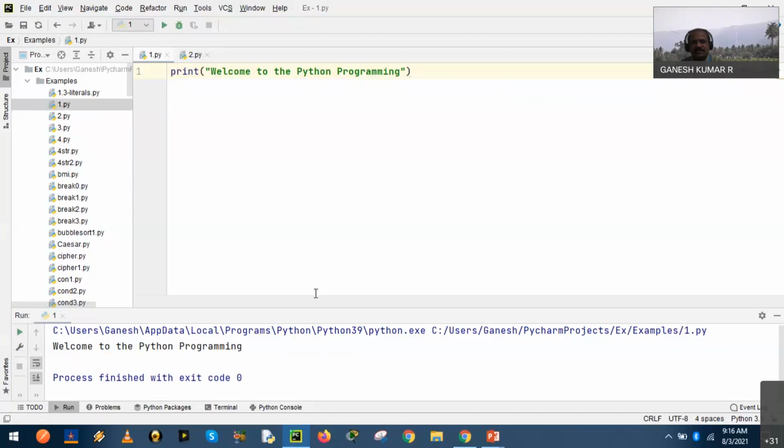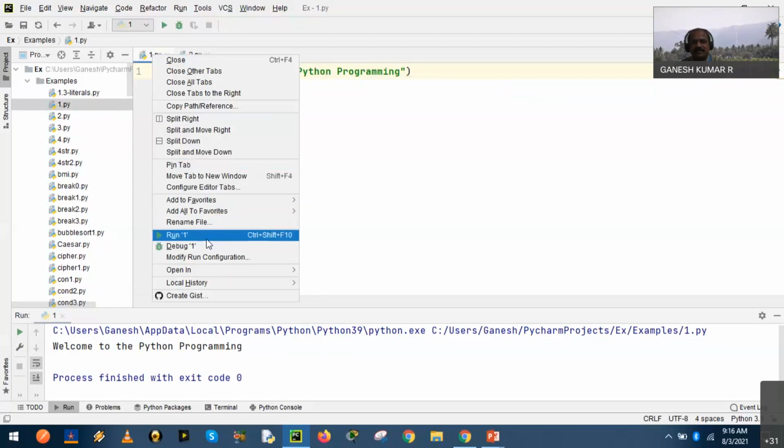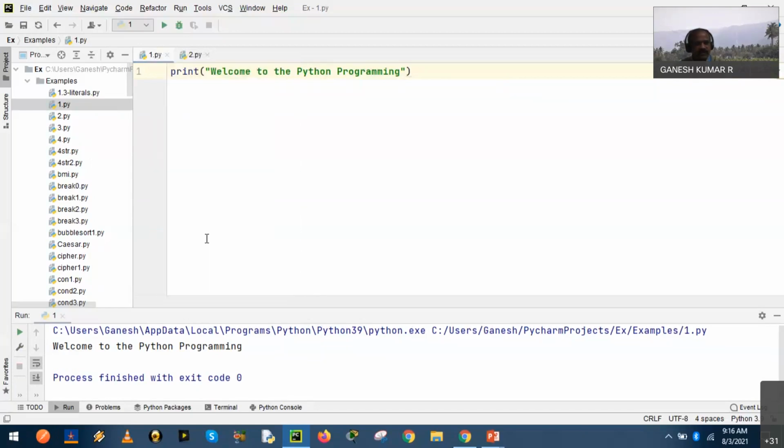Out of all the options, the best method is to select the program. I hope you can notice the white color turns to gray when you bring the cursor near the program 1.py. Right click and select the run option. So this will be the appropriate method for the execution.